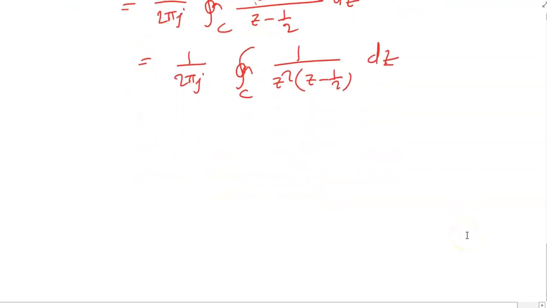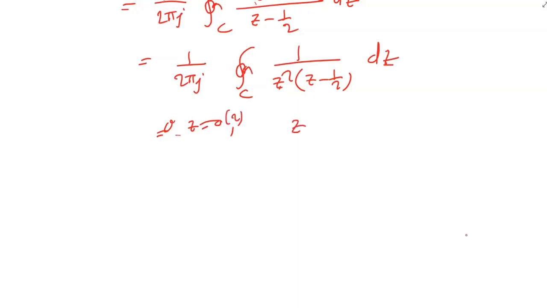Now you have one pole at z equal to 0, that is a multiplicity of 2 pole, okay, and another pole at z equal to half. So the integral is simply the sum of the residues of the poles. So poles here at z equal to 0, which is multiplicity of 2, and z equal to half. So residue at z equal to half will be the 1 upon z square evaluated at z equal to half,